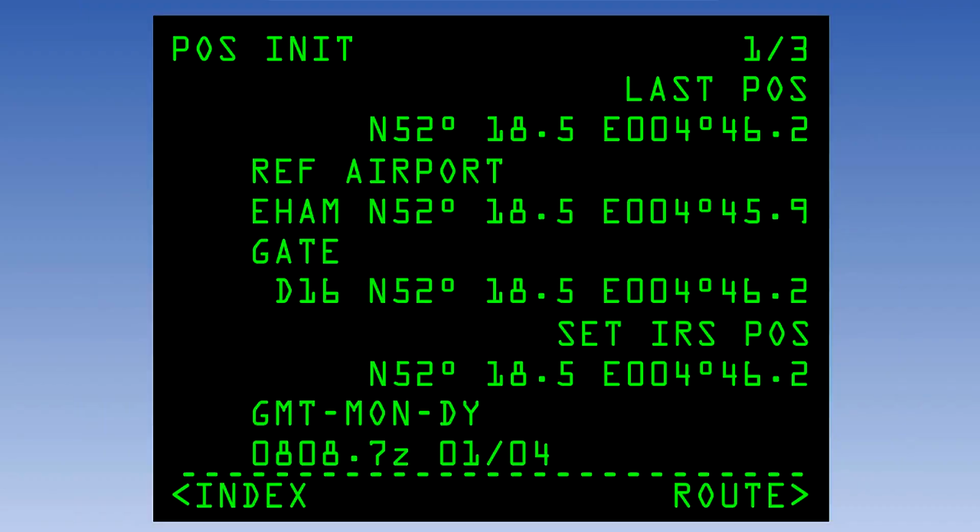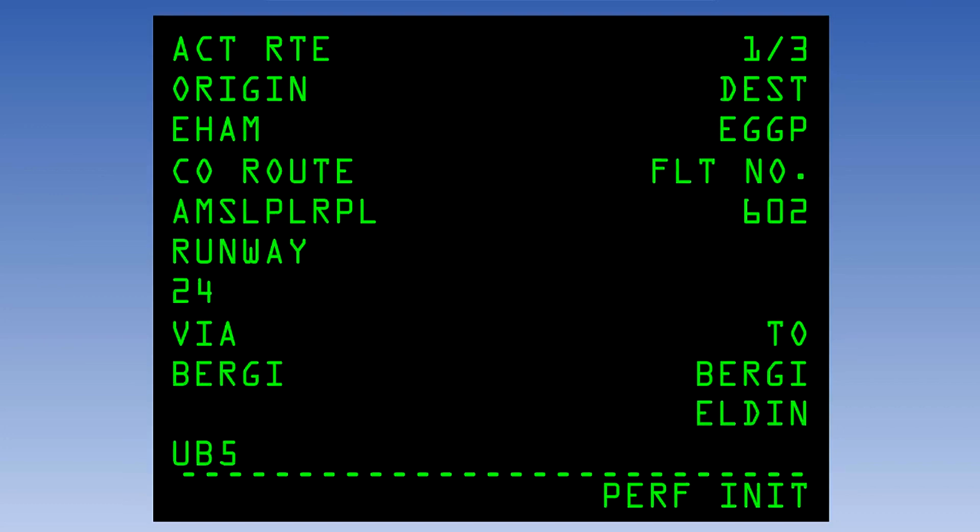As we said earlier, the IRS initial position is inserted using the position initialization page at startup. From this point on, there are no further updates directly to the IRS. However, the FMC position is updated. The first of these updates comes at the start of the takeoff roll.